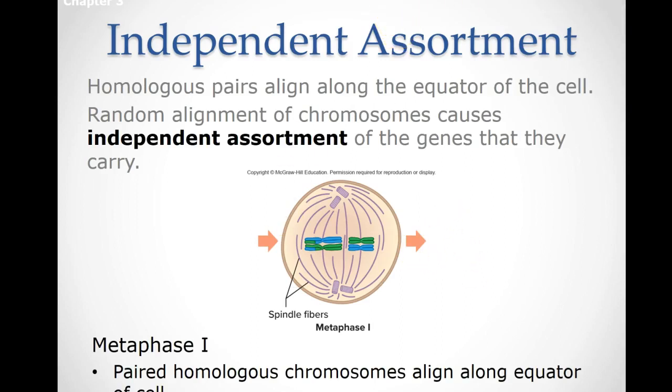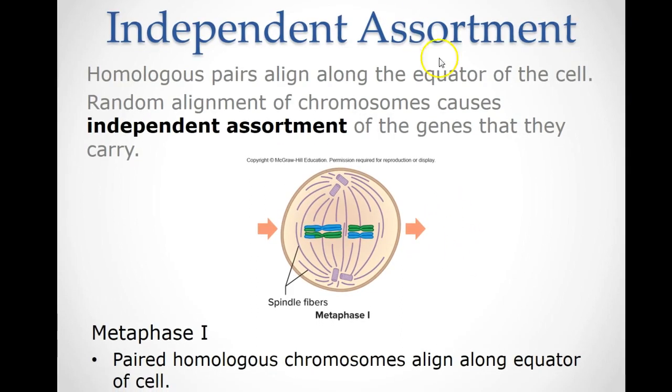Next idea to create genetic variability is something called independent assortment. Independent assortment simply means that when your chromosomes are lining up during metaphase, not all of the same chromosomes line up on the same side of the equator. So it's not like all of mom's chromosomes line up on the top of the equator and all of dad's chromosomes line up on the bottom, because again, that wouldn't create a lot of genetic variability. Instead, we get a flip-flop of how they're lining up, and so it creates again a new combination of chromosomes and traits.